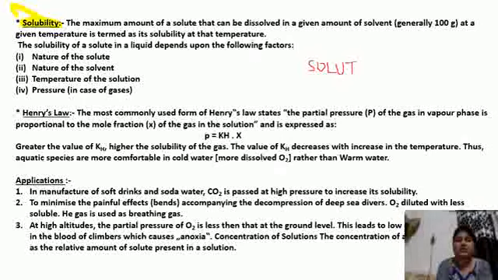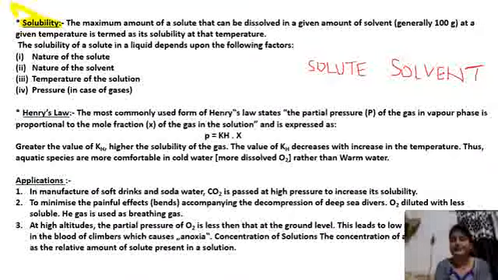Number 1, that is solute, and number 2, that is solvent. So when we make a sugar solution, the solvent is a glass of water while the solute is sugar. So the maximum amount of solute which is getting dissolved in that solvent